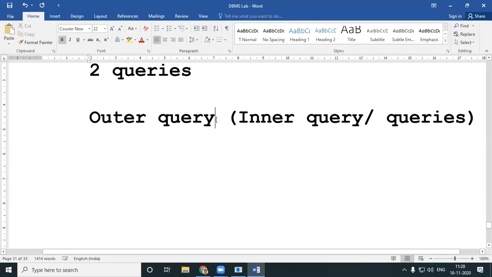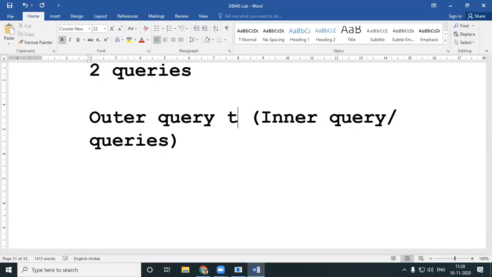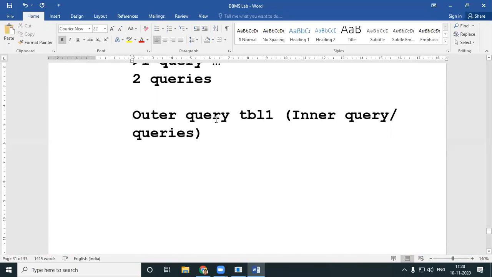Now, this outer query, you will be working on, let's say, table 1. And this inner query, you might be working on table 2. Okay, the outer query, you will be working on table 1, and the inner query, you might be working on table 2.